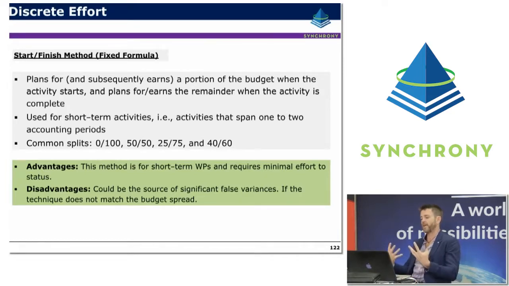The key element being that it's agreed up front. So it's fairly clear, it makes it transparent to everybody that it can't be subject to manipulation or any of those sorts of things, and the rules are established up front. The advantages of this method are that it's really suitable for short-term, smaller work packages, requires minimal effort, and it's very easy to update. The disadvantage is that it could be the source of false variances. If you can imagine at the start of a project, if you had a large number of activities, and all of these activities earned 50% when they started, you could suddenly have a spike or an artificial increase in the amount of earned value on a project, particularly if those activities weren't closing out very quickly.